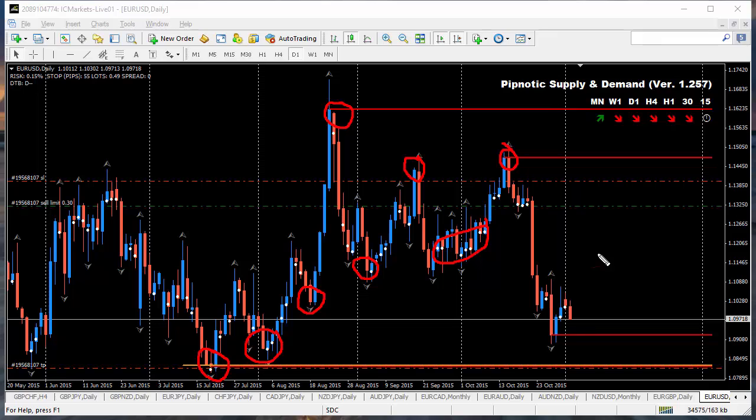Right, what I've done here is I've drawn areas of supply and demand. And then people say, isn't supply and demand the same as support and resistance? It can be, but it doesn't necessarily have to be. So if you consider the notion of supply and demand like we have here, we have areas like this one here, which I will draw an object on,